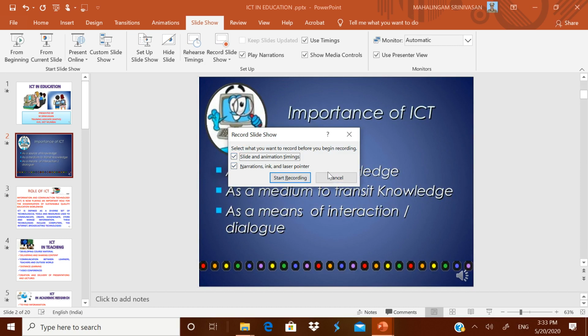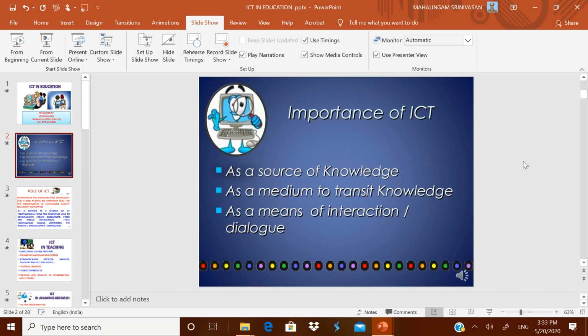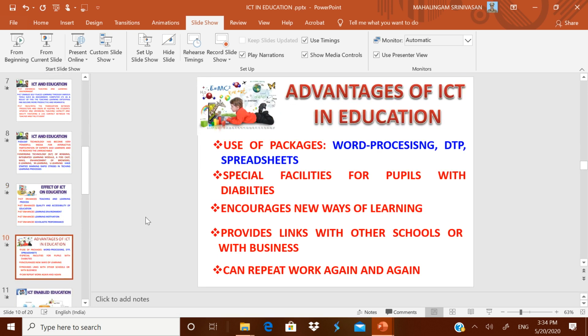If I had not clicked it, what would happen is that after every slide is over, whatever you have talked, the person who is watching it has to press enter to get the next object and the next narration given by you. Therefore, you can save everything now. These narrations can be done for all the slides, and after that when you save it, whenever anybody runs it, it automatically goes along with that narration. But remember, those who want to listen to this narration on their computer or laptop, the speaker should be working.